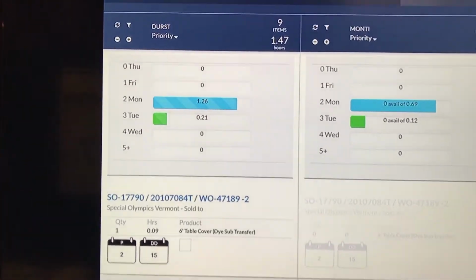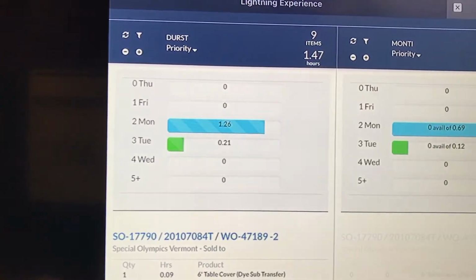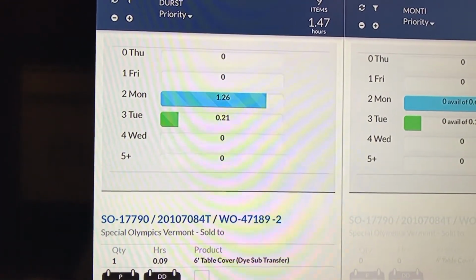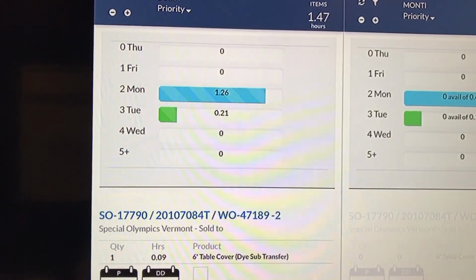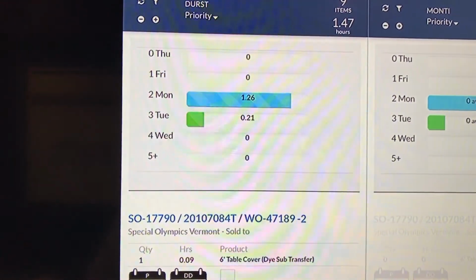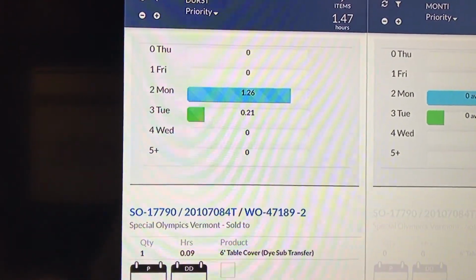So looking at the print queue, the Durst is our large die sub printer. You can see what the demand is by day. You'll see a 0 next to Thursday, which is today, and that means with nothing in the queue, there's nothing to ship that day. So the first demand that they'll see is actually due to ship on Tuesday, so they're running a bit ahead